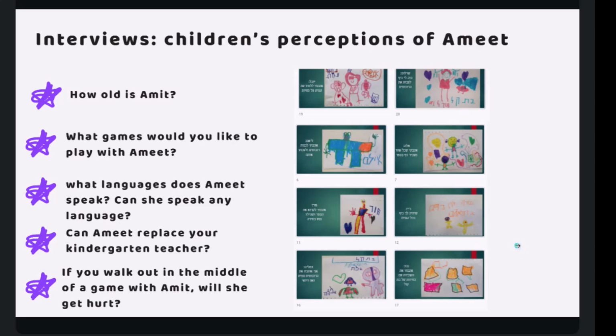Some said that Amit was his best friend in the kindergarten. And we asked them questions about the personality of Amit, like how old do you think she is and what games would you play with her, but also about their perception of Amit and how flexible they thought she was, like how many languages do you think she can speak? Can she replace your kindergarten teacher? Will Amit help you if you...